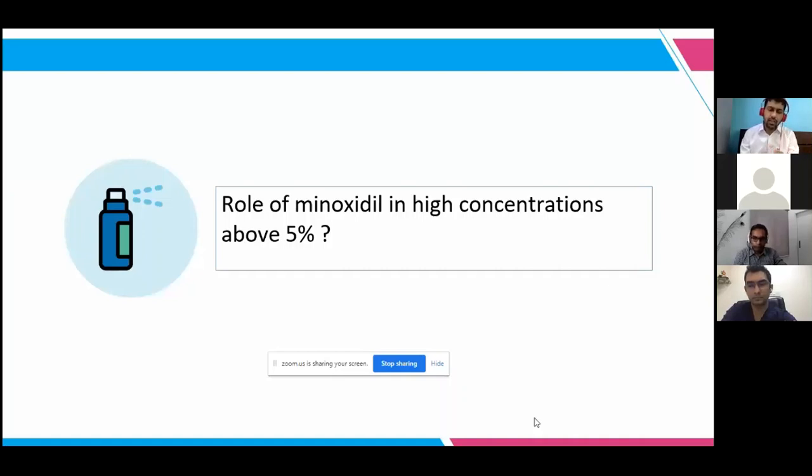If you're using 5% for females, do you use 1 ml only or 1 ml twice daily? Depending upon the classification and the age of the females, we are sometimes even using 2 ml for females. Can I ask Dr. Abhay, what are the common side effects you have seen with 5% minoxidil? You advise solution form. Which formulation do you prefer in women? Mostly we are using solution.